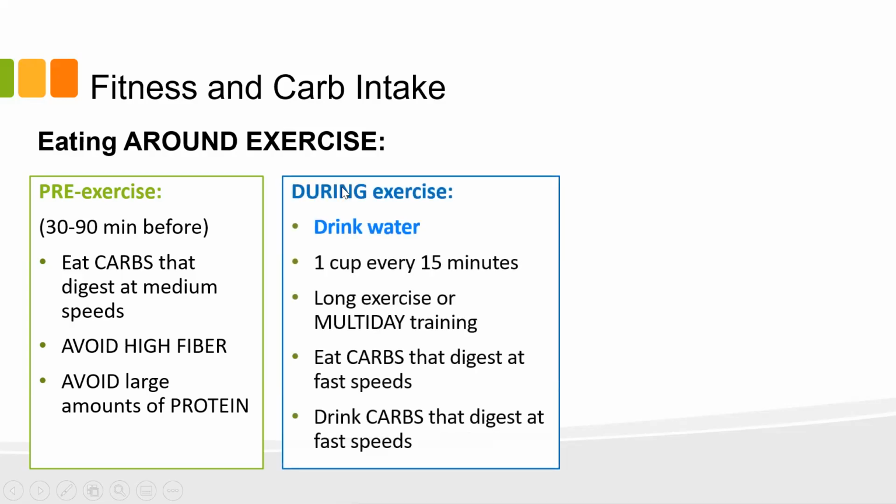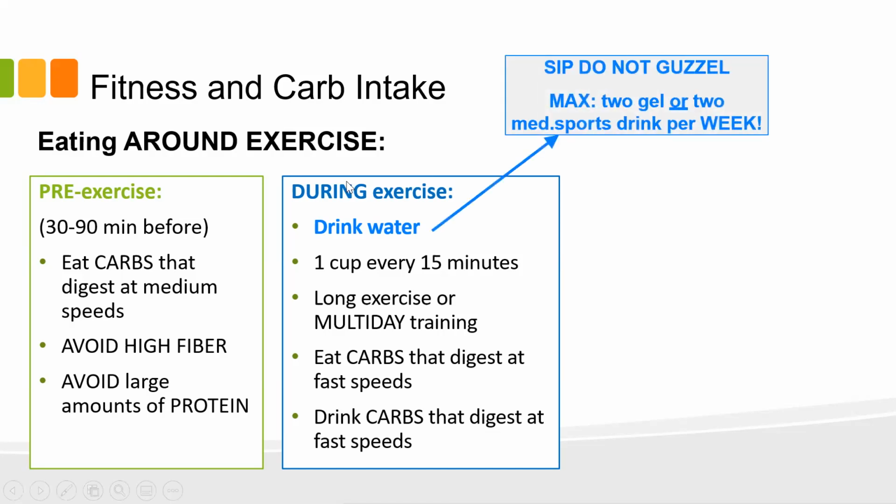During the exercise, usually you're going to avoid eating. If you're hungry during exercise, eat something that digests really easily. So a candy bar may actually be ideal during exercise. Gives you some quick energy. Finish doing your reps or finish doing your laps or whatever, or it could be a granola bar, something like that. Generally drink water and try not to drink too much of it. Some people get stomach aches. So generally the idea is to sip or guzzle. Sip, do not guzzle, is what you're looking at.